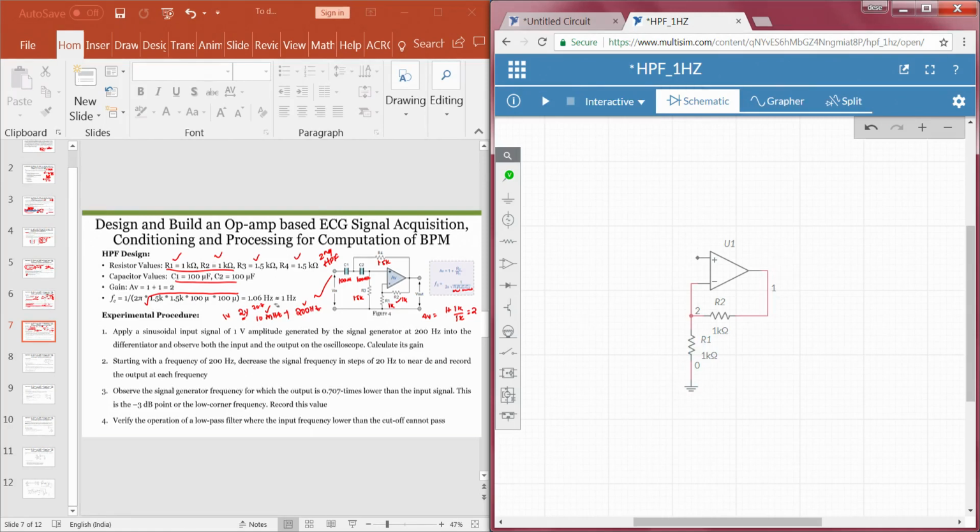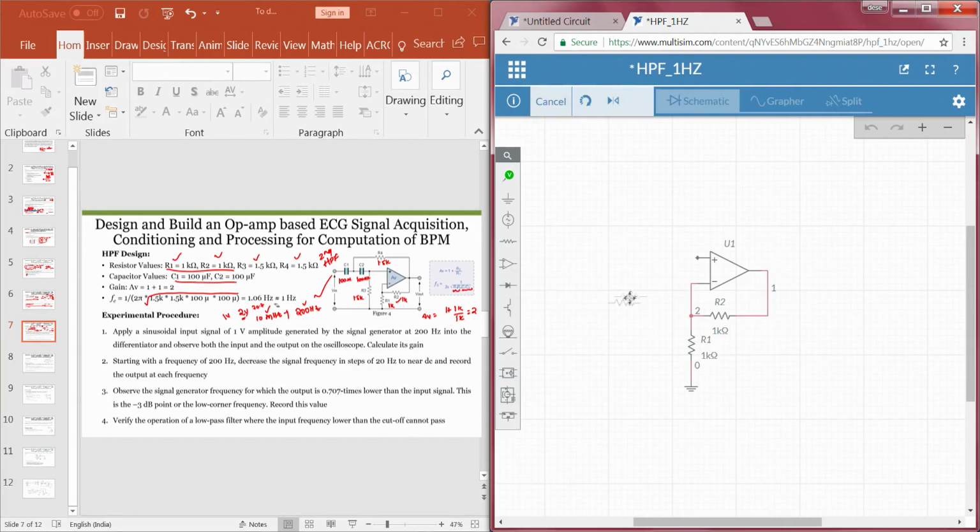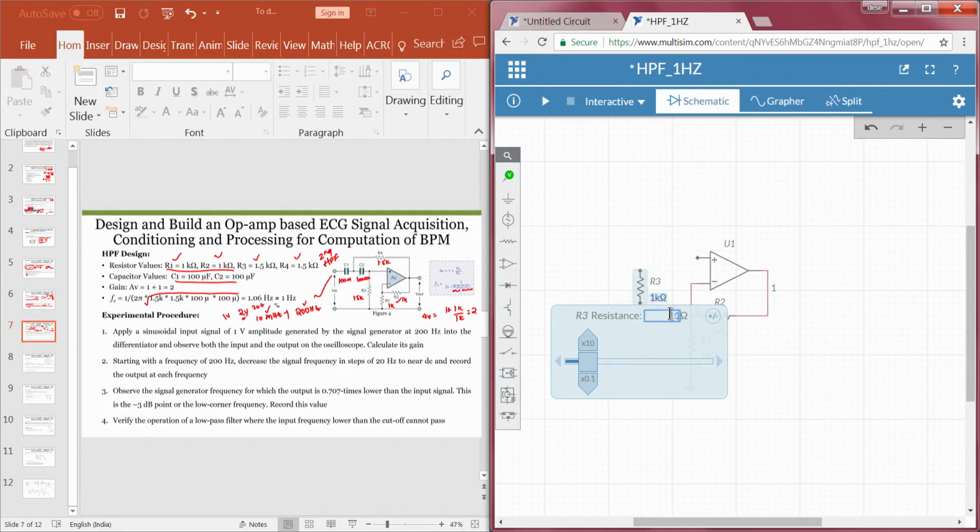Now, what else? We have to do the filtering part, which is nothing but C1 R4 is one part, C2 R3 is another part. So, I will take 2 resistors again. One is R3, this is our R3 resistance, and the value that we choose is 1.5 K, change it to 1.5. Sorry, this should be 1.5 K, right.